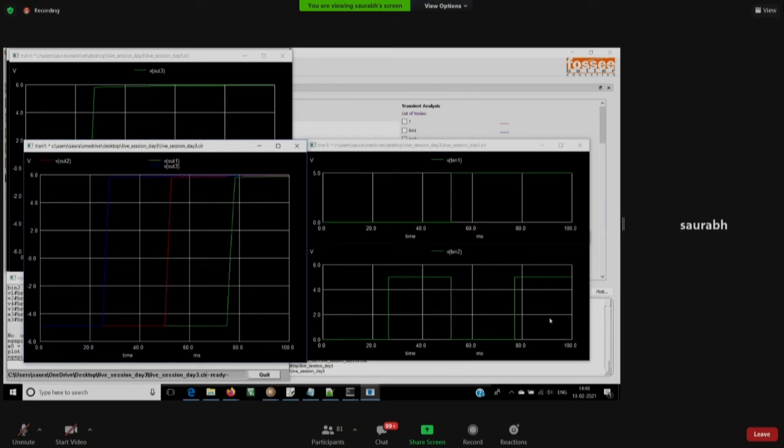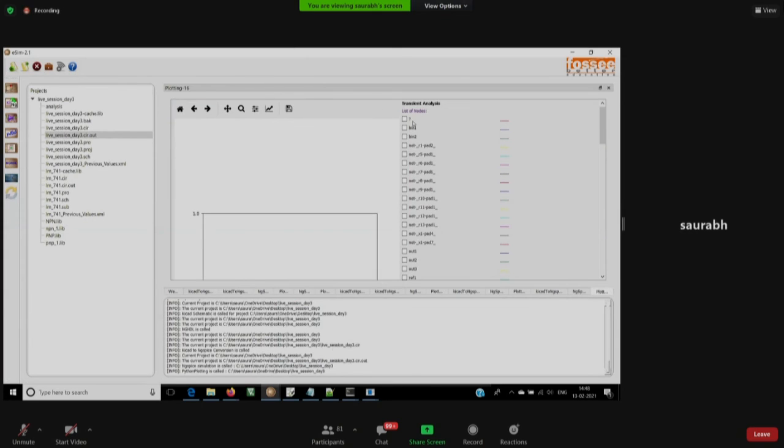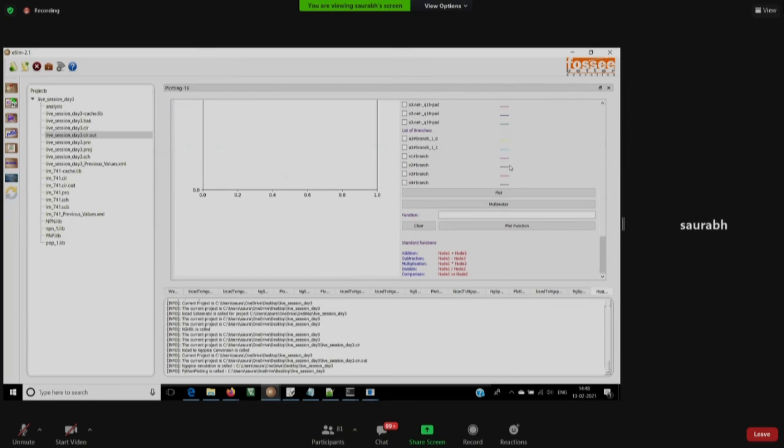And like Ashutosh suggested, this is a very good utility that we have in eSim. We can see these nodes and just plot the binary. A lot of nodes here today.